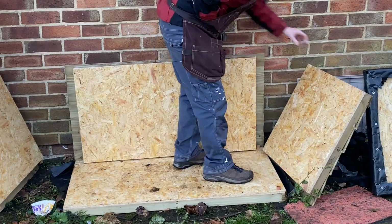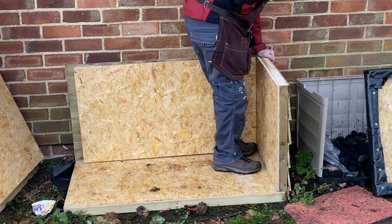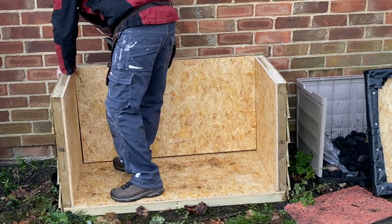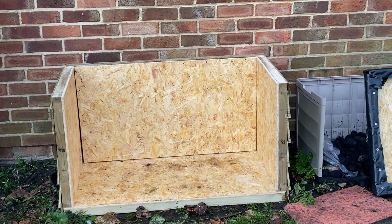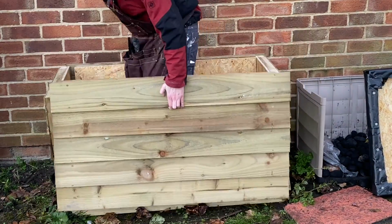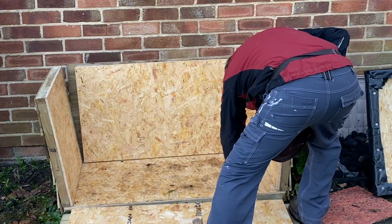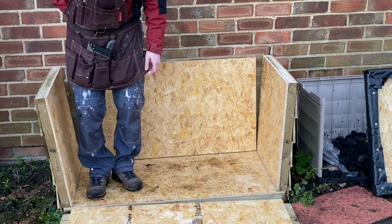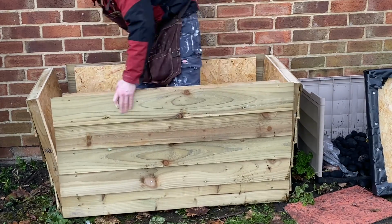Whenever we got round to assembly time, I had to do it in the actual location I wanted it to be, due to the sheer weight of the thing. Each panel is actually quite heavy. I put some of that damp-proof lining that I bought for the lid just down on the base, to give a little bit of extra protection to the treated wood that was on the floor, and it actually worked out pretty well. The dominoes and stuff were fantastic to be able to slide them in,